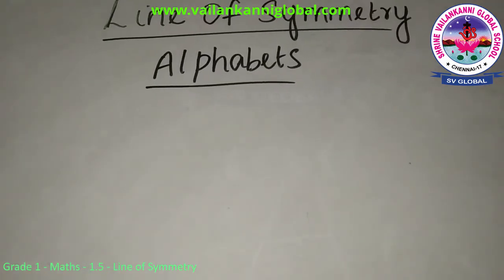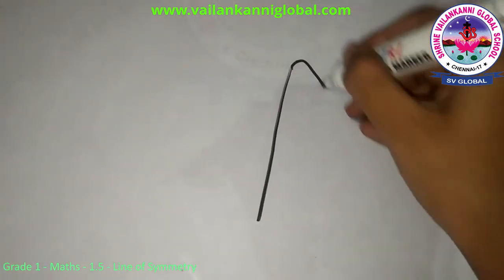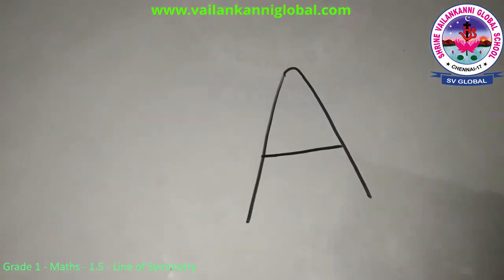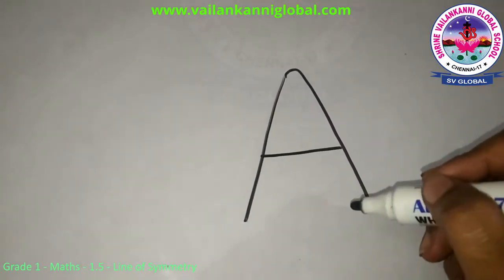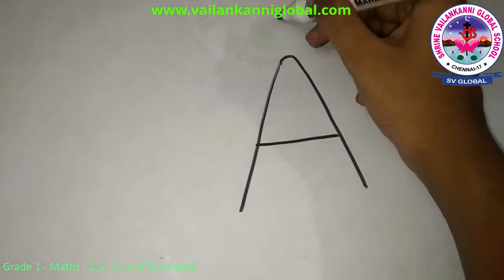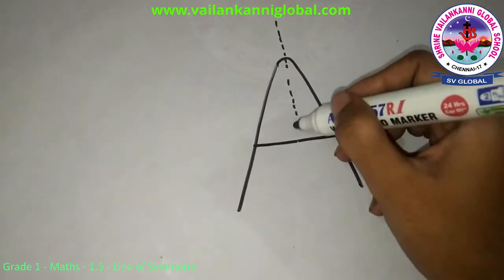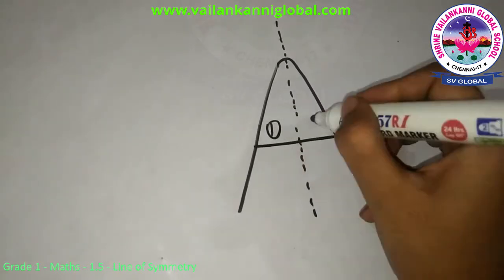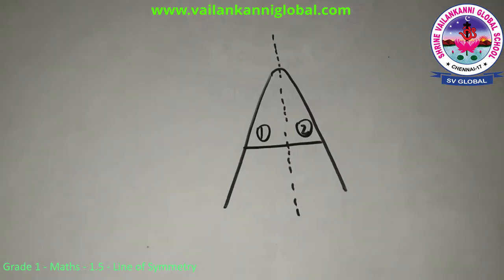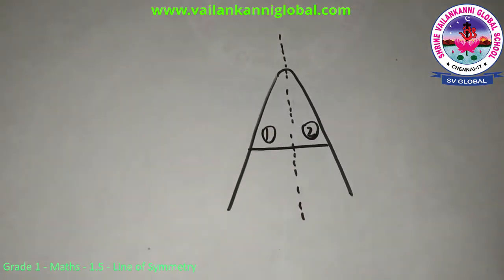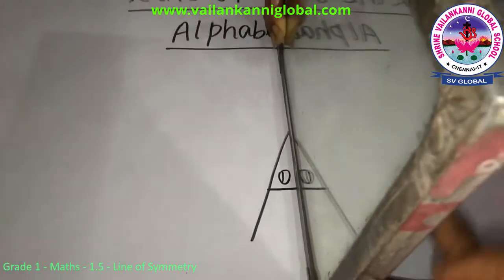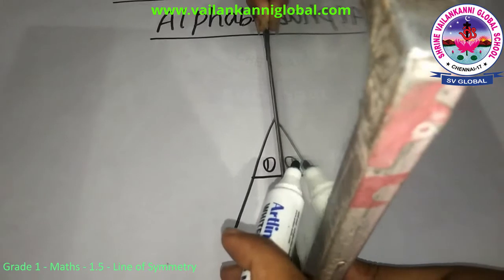Now we are going to see line of symmetry in alphabet. So the first letter is A. Line of symmetry divides anything into two equal halves. So only if I draw my line of symmetry this way, this part and this part are the same. Okay, so now let's see this reflection on the mirror. If you can see, I have kept a mirror on the line of symmetry. I can see the exact reflection towards the other side on the mirror. So for A, there is one line of symmetry.